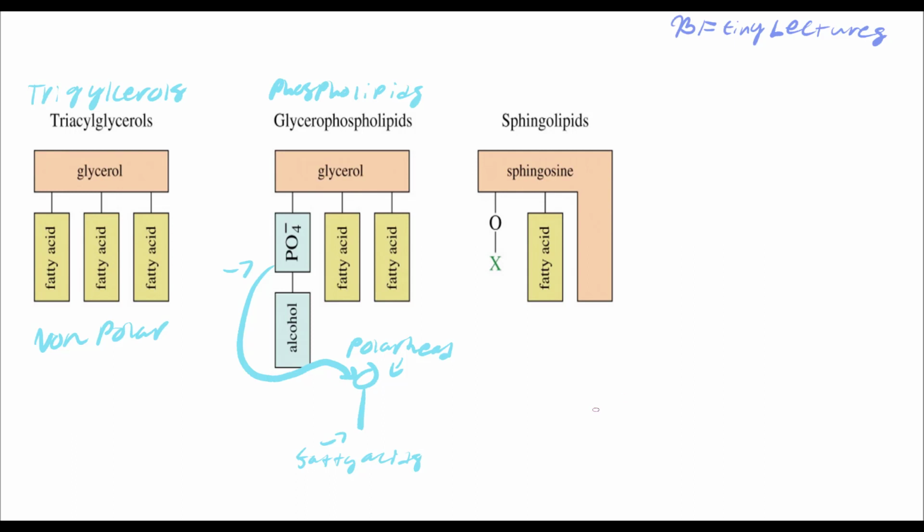And then we got the sphingolipids. Sphingolipids are actually polar as well. So we have polar, okay? And that's kind of all you need to know right now, okay? And we also have a fourth type. And we're going to call that